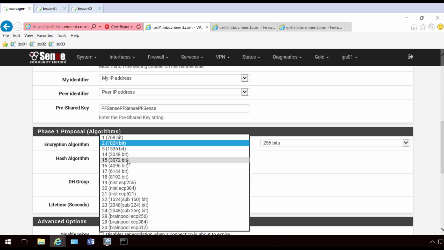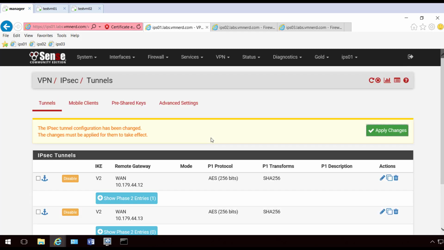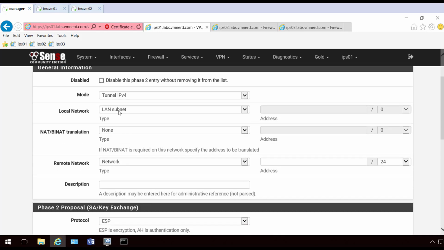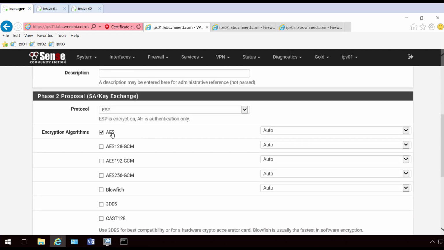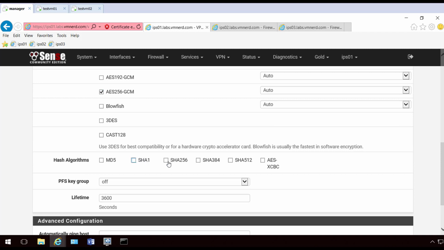256, 2048, and we'll go ahead and click save. And let's add the phase 2. So what we'll do here is add network. In this case it's going to be 192.168.13.0/24, and basically the /24 just means any IP from 13.1 through 254 will be allowed through the tunnel. Okay, and we'll select AES 256 and 256, 2048,